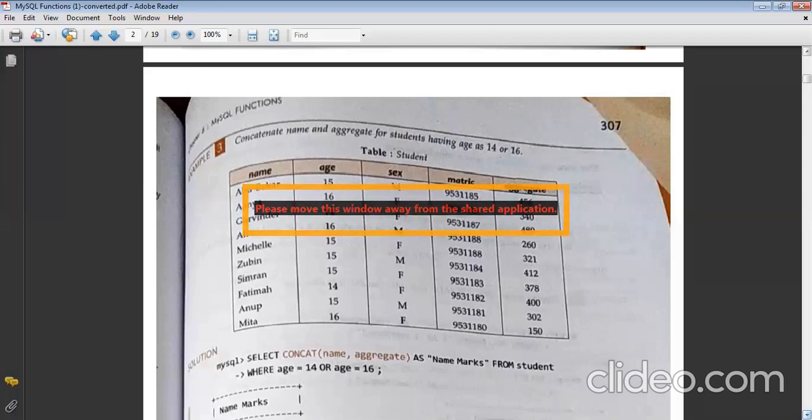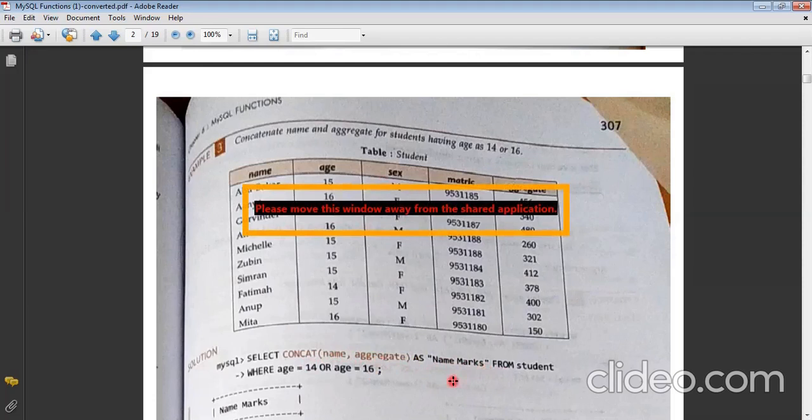Along with the select statement, we'll write select concat, and it takes the string values. Which two columns do you want to concat? Name as well as aggregate. So we'll write name, comma, aggregate. This is not required as name, comma, marks. We will discuss this later on. After the select statement, from where do you want to select?